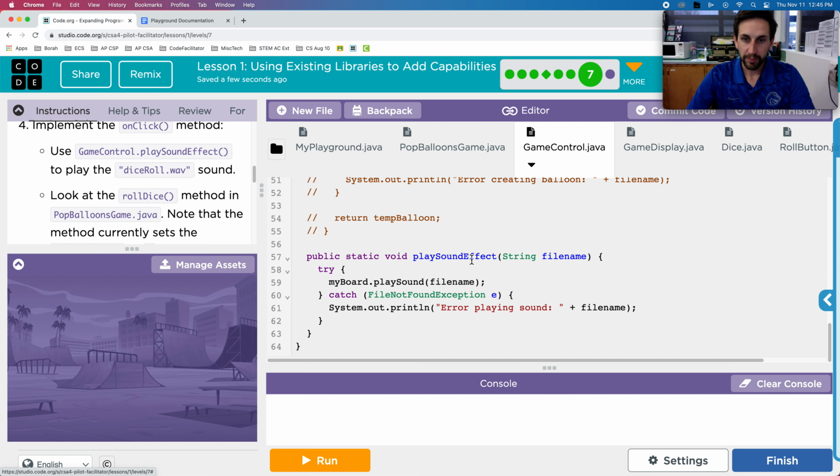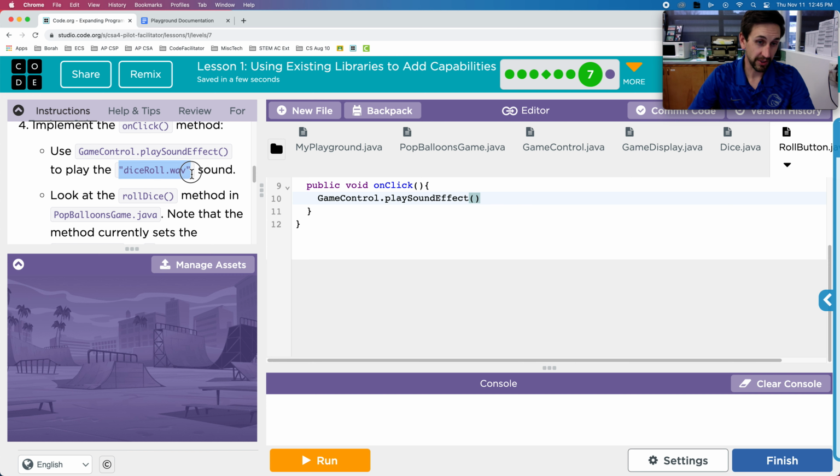So public static void playSoundEffect, I need to feed it a string that represents a file name. So going back to the roll button, the string that is the file name is this dice roll .wav, and I put it in as the parameter. I end that, and then it says look at the rollDice method